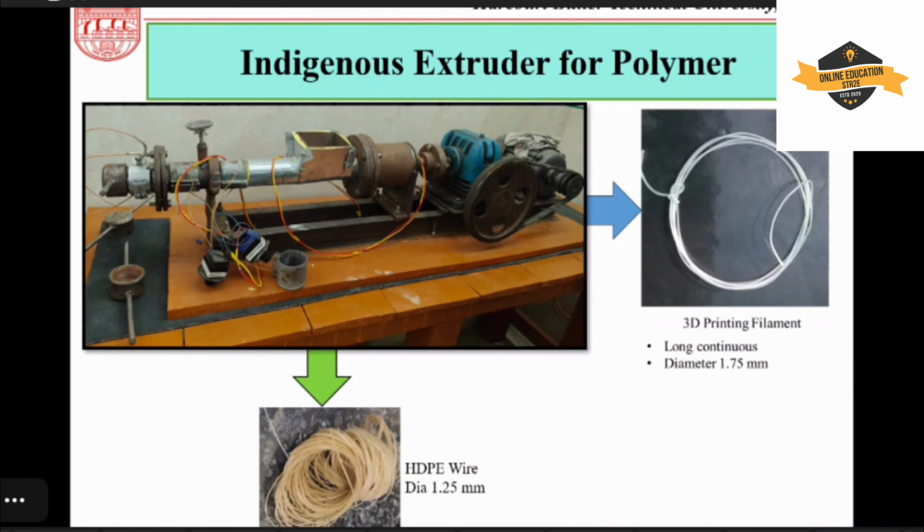This one is the HDPE wire which we have developed. About 1.25 mm diameter is used, and we also have different shapes of die for the development of different diameters of this 3D printed filament. This polymer material, in which CFRP, GFRP, HDPE, PMMA, HMWPE, all these types of material can be converted into a filament in different